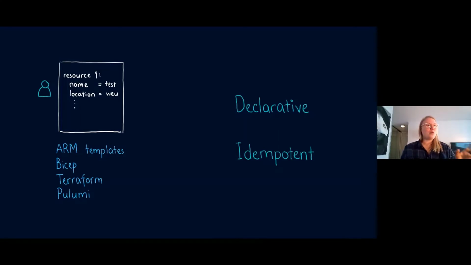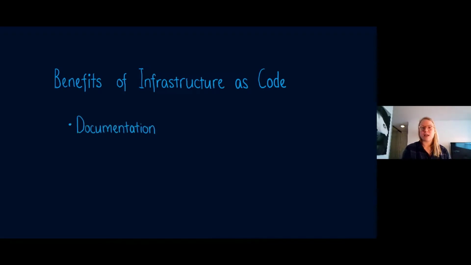So why would you want to move to infrastructure as code instead of scripting or going into the portal and clicking through things manually? Well, there are a few benefits that I, at least myself, have identified. The first one is that we get some documentation out of the box if we structure our files in a reasonable way. But do note that it is sometimes said that infrastructure as code does all the documentation for you, but